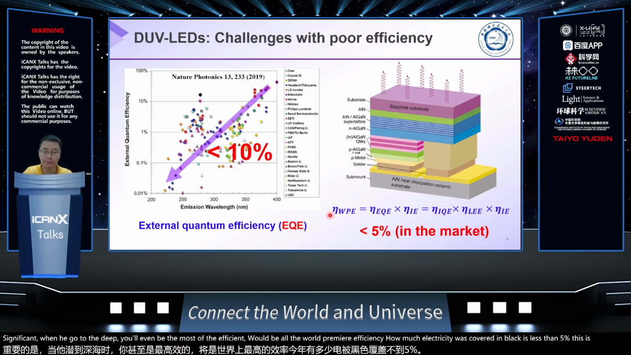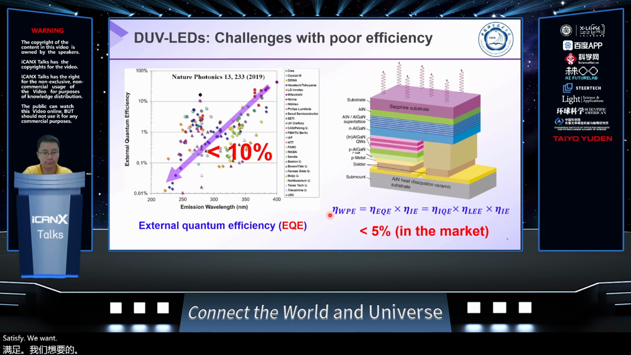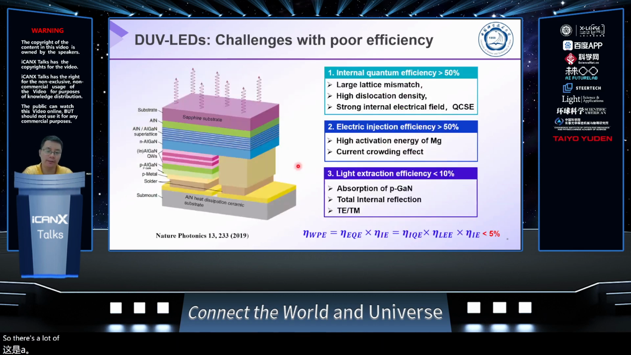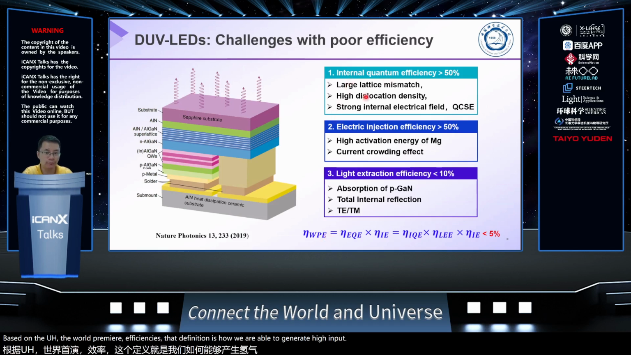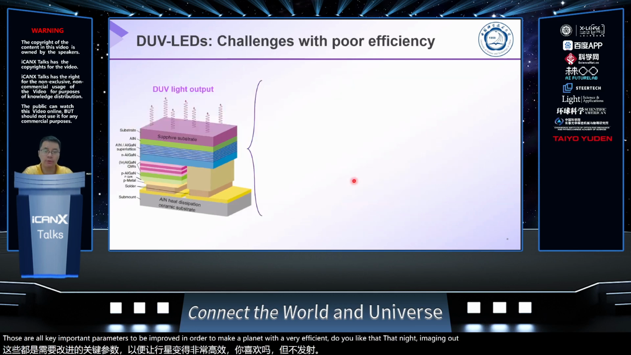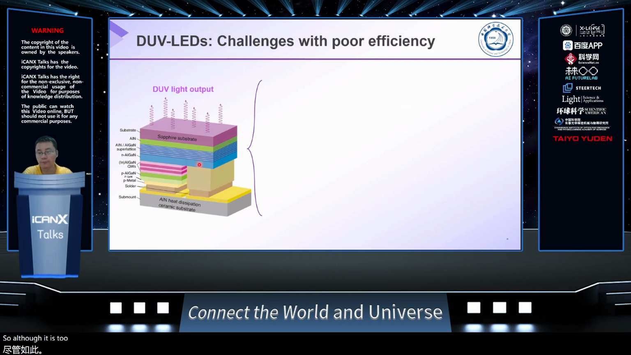This is totally not satisfied. We wanted to improve it. There are a lot of ways and a lot of challenges to do. Based on the wall plug efficiency, the definition is how we are able to generate high internal quantum efficiency, high current injection efficiency, and high light extraction efficiency. Those are all key important parameters to be improved in order to generate very efficient UV light by the light emitting diode. So our goal is to focus on this device and try to improve it from material-wise,